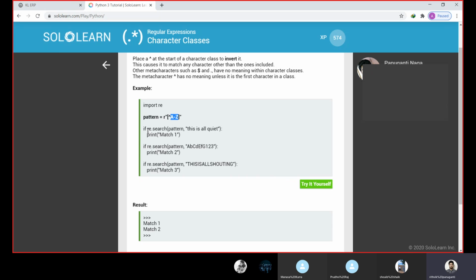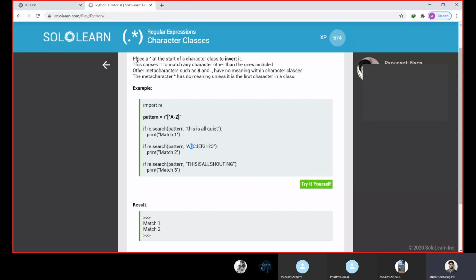So at least one or none. Okay, at least one or none. So re.search of pattern, this is all uppercase, and all the lowercase string, one or none. I said here one or none. So it can have at least one character in uppercase and another all in lowercase. Here one or none. So none of them are present in the uppercase, so this will be executed as true. And re.search of pattern, we are giving one uppercase, lowercase, one or none. So we have one in uppercase, and there is another in lowercase. So this is also true. This will match a pattern.